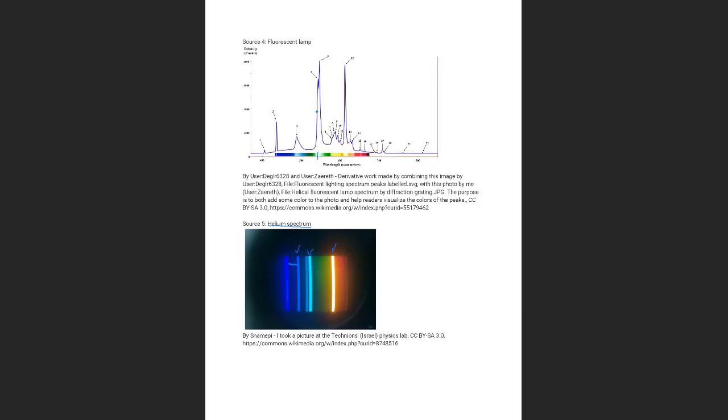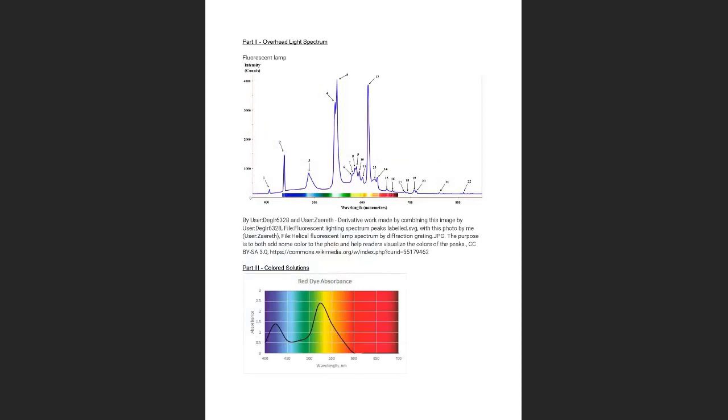And we said that line spectra is more common in atomic gases. So this is the first part that you will have to do, looking at the data. This is all for part 1. You have different sources, and if you don't see a spectra like this, you will say it's a continuous spectra. Let's look at part 2. What do you have to do in part 2? They give you a fluorescent lamp spectra. This is a continuous spectra